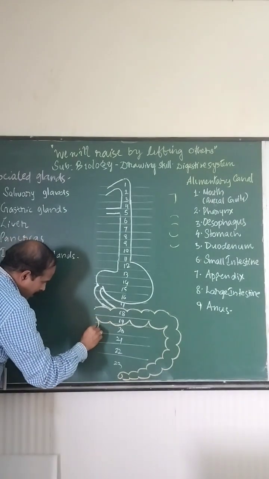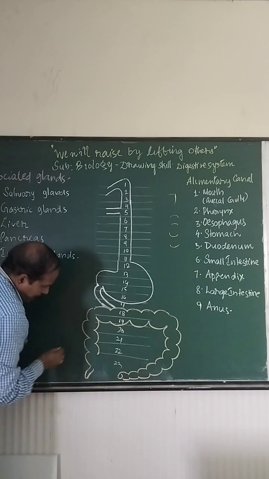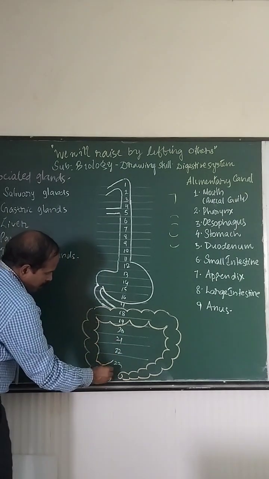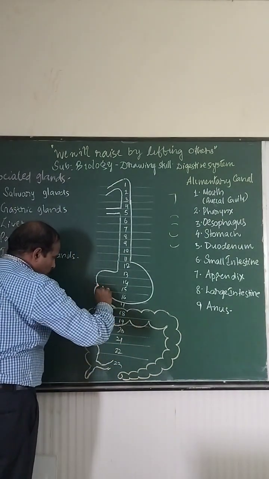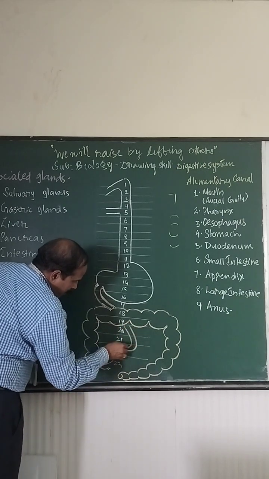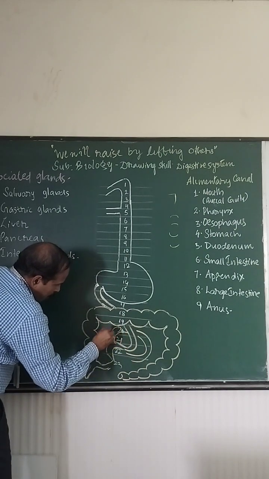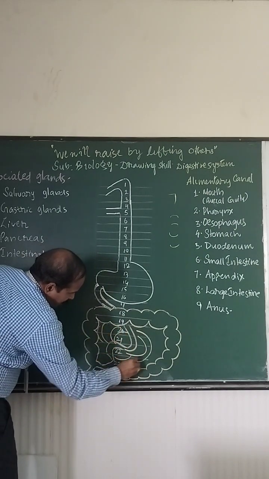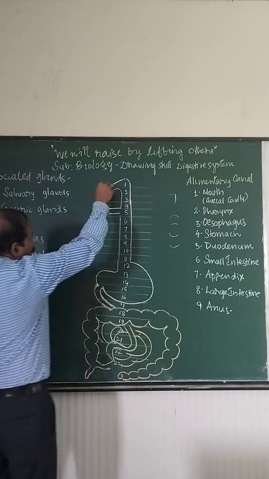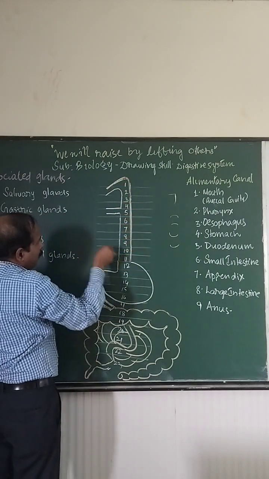Again here I am making the next side, parallel side, with the projection of appendix here and starting with the leading to the small intestine. So from here this line of duodenum is going down and continuing as an extended form of small intestine. So you can make the double layered arrangement of the small intestine, highly coiled structure, and finally your digestive system is ready. So just started with the 7, outside 7, you can carry on up to here 11,